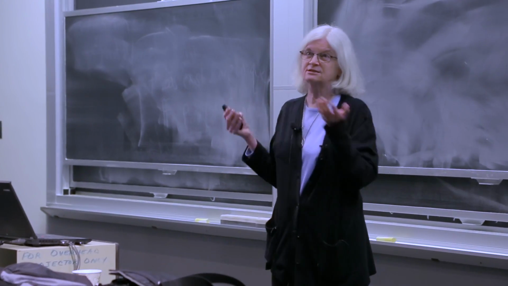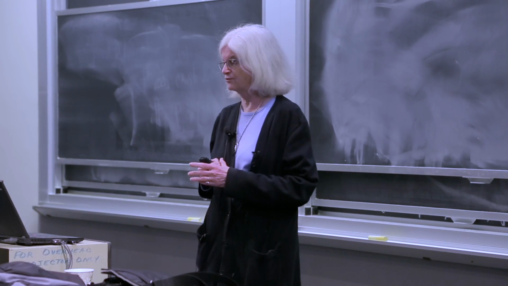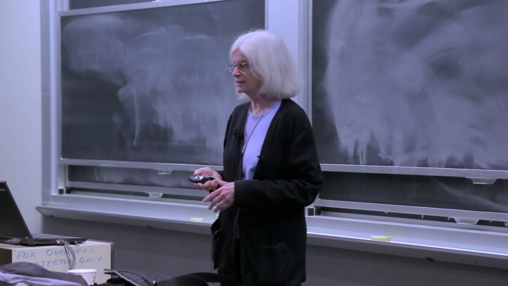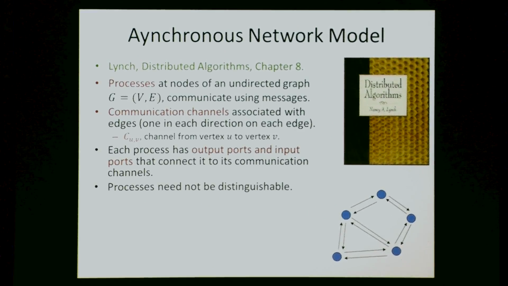Okay, a process. The rest of the system consists of processes associated with the graph vertices. So let's say PU is a process that's associated with vertex U. But I'm writing that just as a shorthand because U is the vertex in the graph, and the process doesn't actually know the name of the vertex. It just has its own unique ID or something. But I'm going to be a little sloppy about that now. Okay, so the process at vertex U